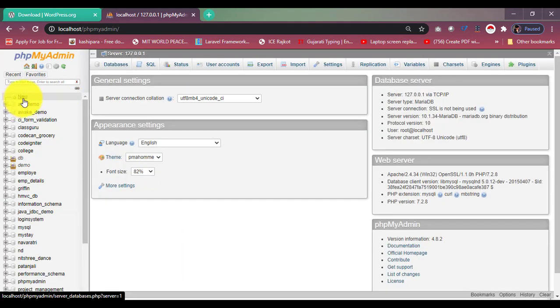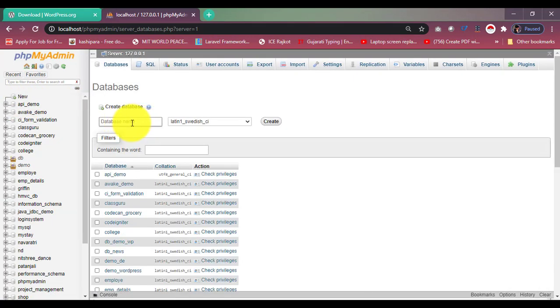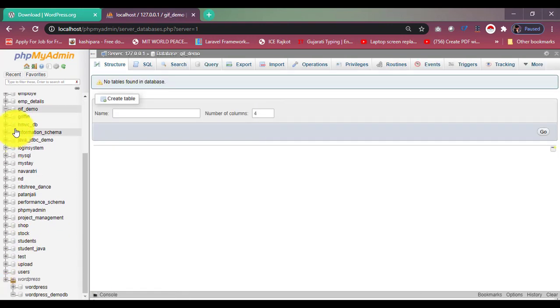Okay, now we'll click on New and we'll give the database name as underscore demo. Okay, so here our database has been created.